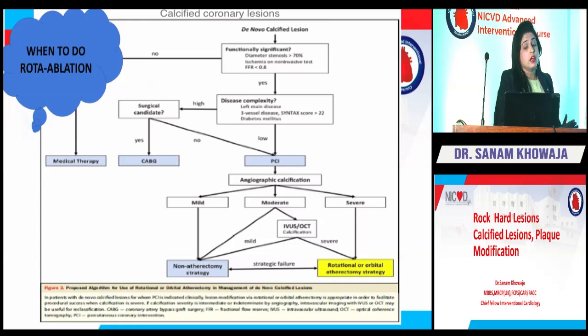And then if any of the above things is present, then we should see that the patient is not complex enough to be a candidate for the CABG. So if the patient is not a candidate for the CABG, then we can attempt the PCI for that patient. And then, of course, we will go back to our algorithm, which we discussed in the beginning. It's mild, moderate, or severe, and then we decide our strategy according to that. If the CVI score is 2, we'll move directly to the atherectomy, and if it's anything milder, then the conventional